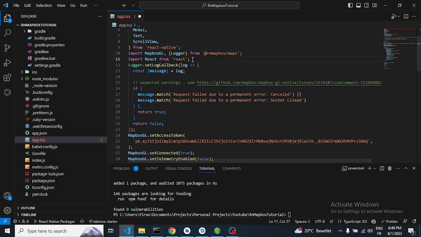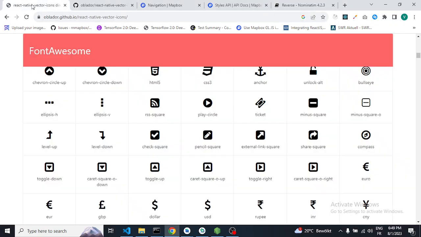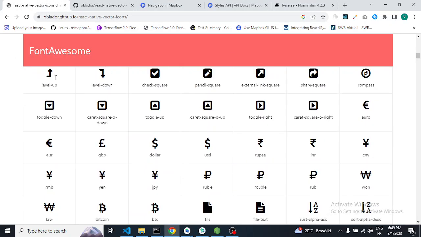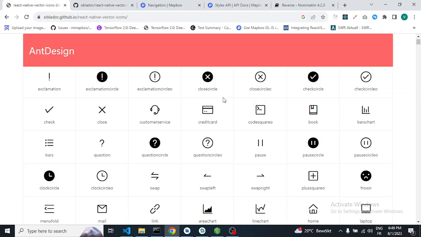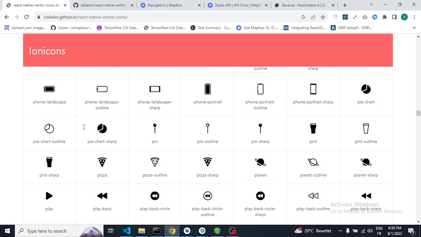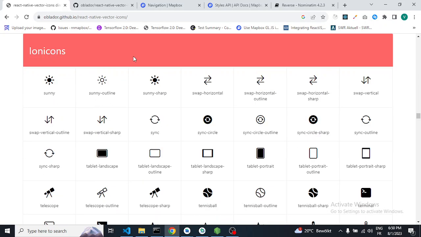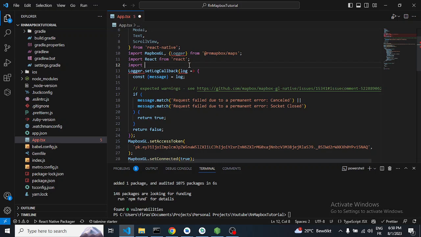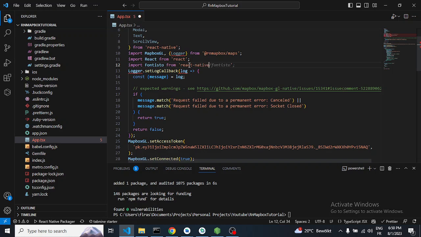And what else? Yes, of course, we need to import our icons. So supposedly you did all the installation process, etc. There are actually a lot of types of icons. I'll be using Fontisto, which is right here. There are Ionicons, AntDesign, FontAwesome, etc. So here it is, Ionicons. You can use whatever you want. I'll be using Fontisto. So for that we need to import Fontisto from React Native